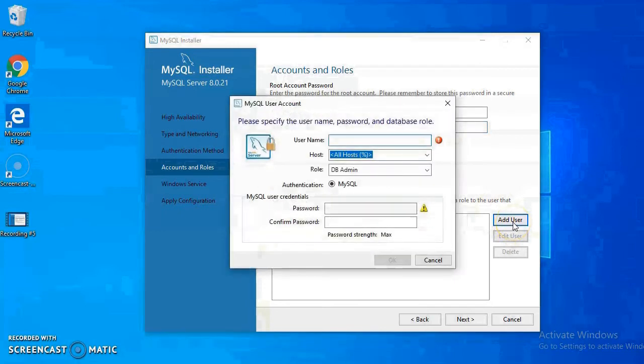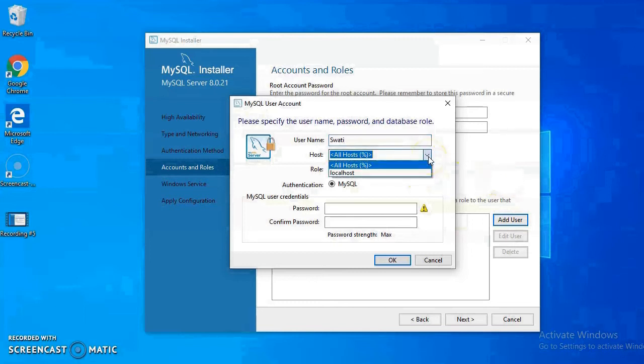Then you can add a user to it. I am adding a user. Give any name as a username. Then we'll select host. We'll keep the default, all hosts, here. You can select localhost also, but we'll keep the default.